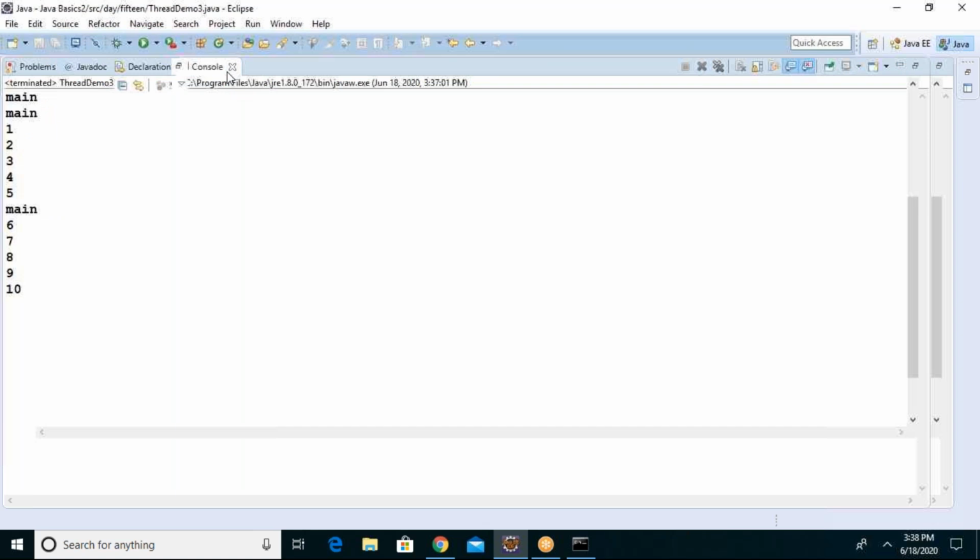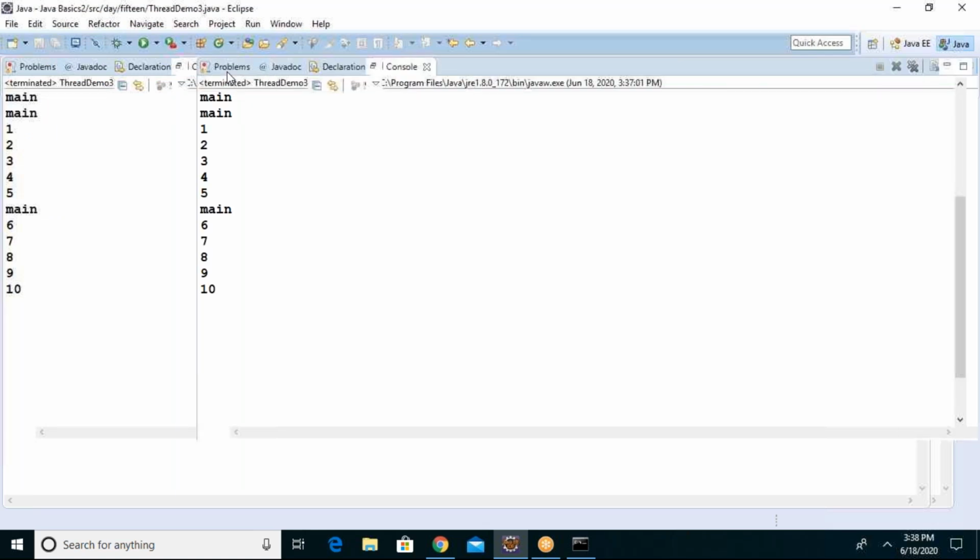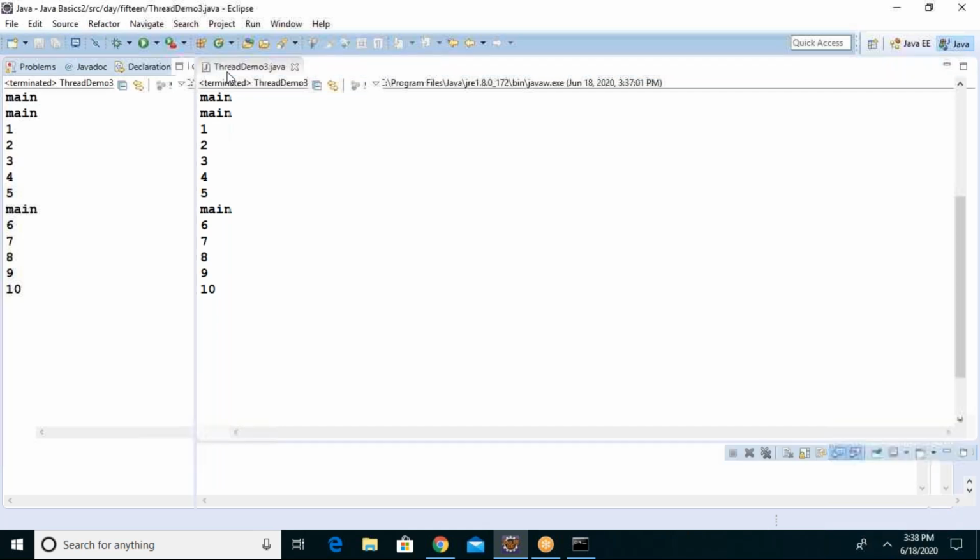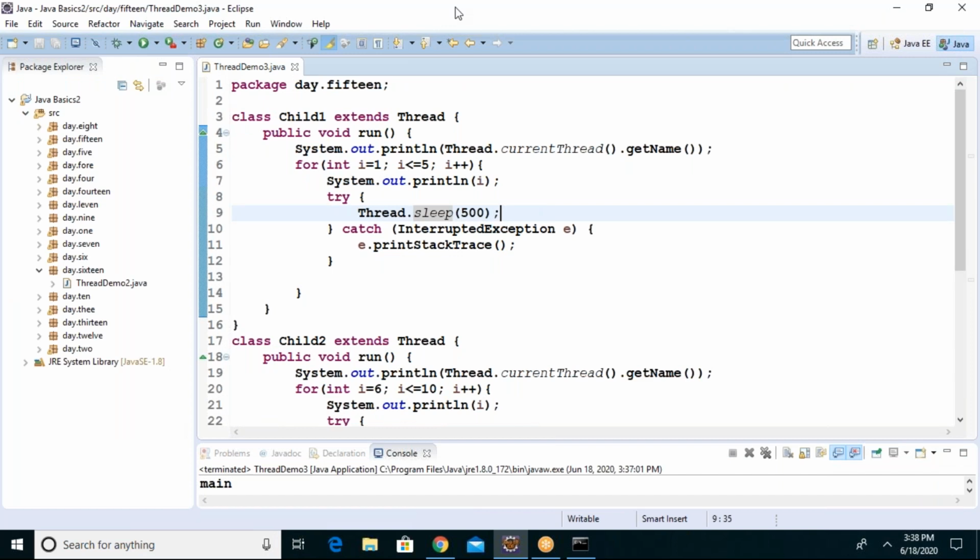So the multi-threading effect is clear to all, guys. Guys, is multi-threading clear or not? Yes, sir. Everyone, I am asking.